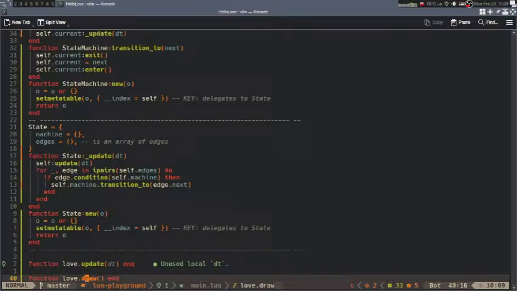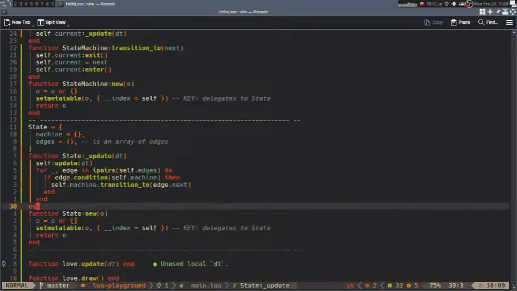We have an explicit draw. The state handles variable data and variable behavior. That's what the state does. So what we want is